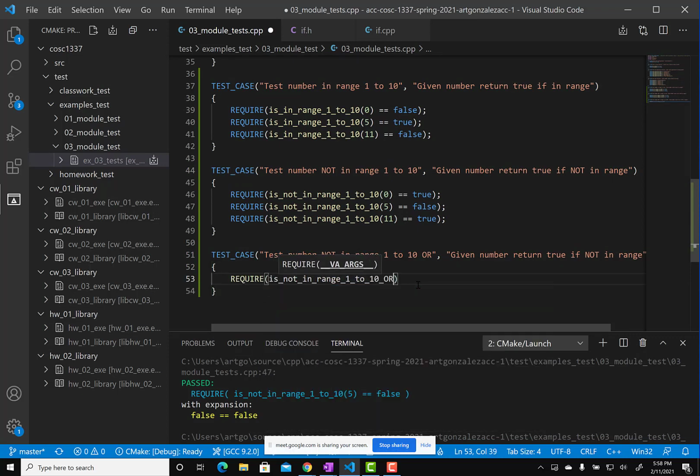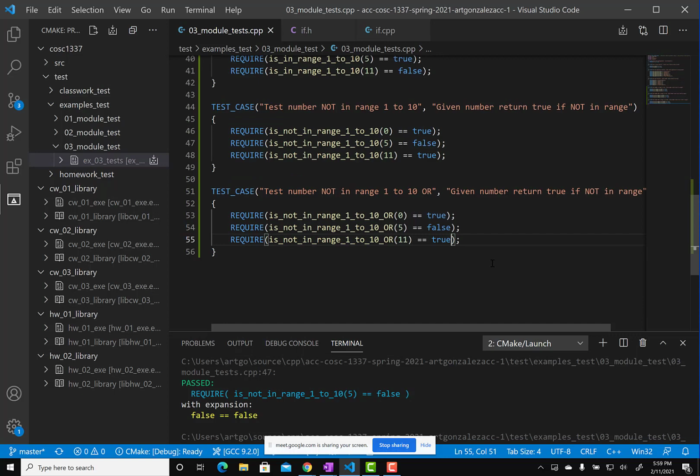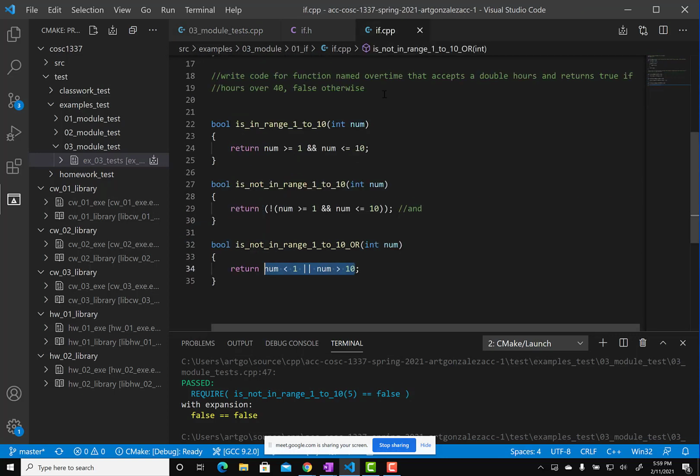Require is not in range or, so when we say actually this is what not in range true. Not in range, so this one should be false, right? And this one should be true. Okay, let's do 5, okay? Is 5 less than 1? False. Is 5 greater than 10? False, right? So